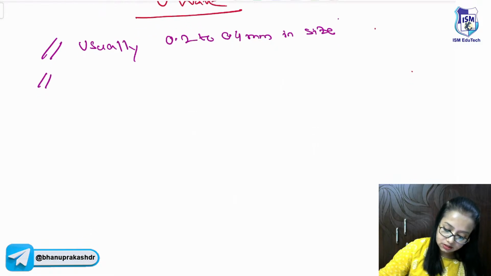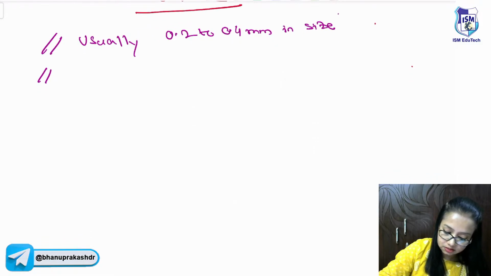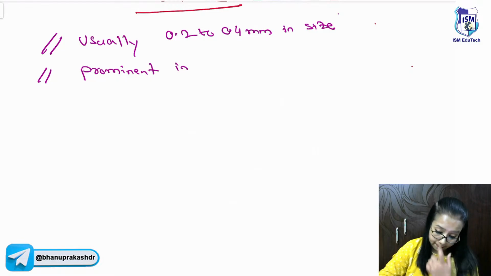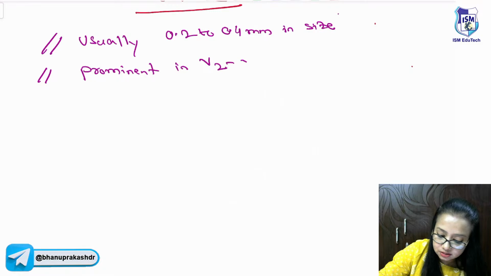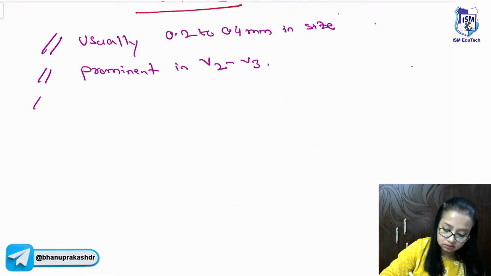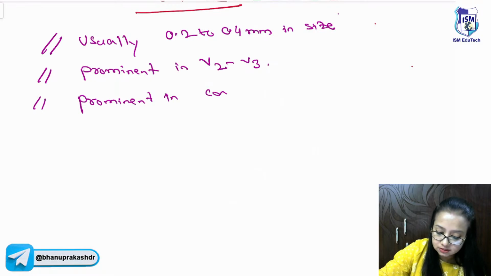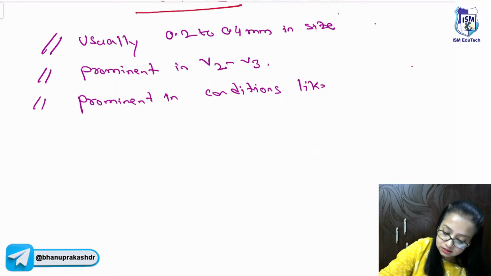Okay, it is prominent in V2 and V3. Prominent in conditions like